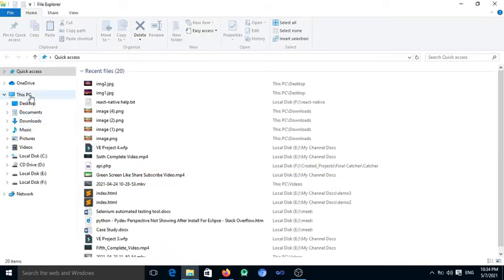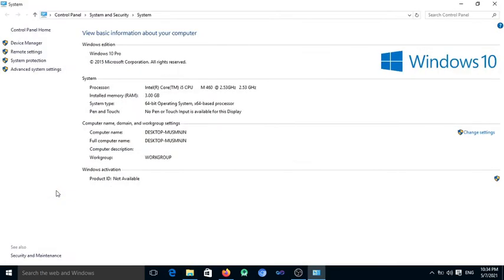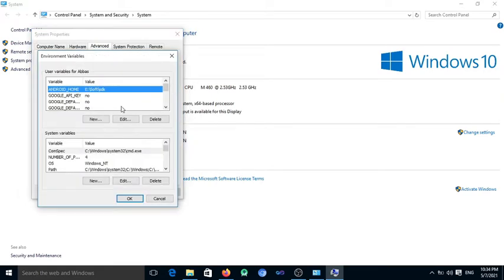Now again open your computer, right click on This PC and go to Properties. In the properties, click on advanced settings. In the advanced settings, click on the environment variables button.